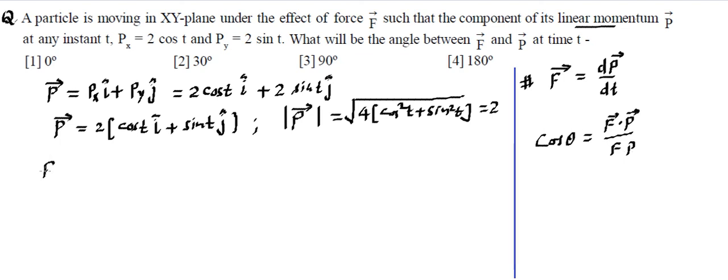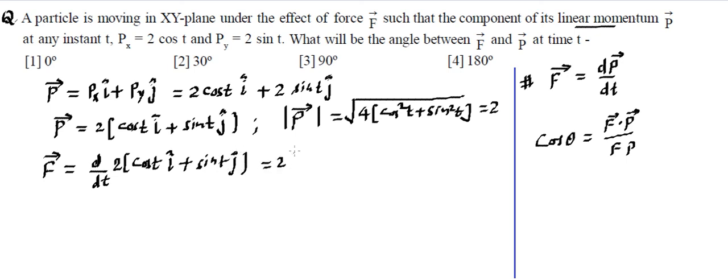Now to find the f value, I have given the formula earlier. This is f equals dp by dt. That means we need to differentiate it with respect to time, and the differentiation will be exactly similar to what we just talked about in the previous example. This is cos t i cap and this is sin t j cap. If we go for the differentiation, 2 will be outside and the differentiation will go inside. Whenever we differentiate cos, it comes out to be minus sin, so minus sin t. Here the coefficient of t is 1, so 1 will be multiplied outside, so it's okay. Similarly, sin converts into cos, so this becomes cos t j cap. So this will become the force.